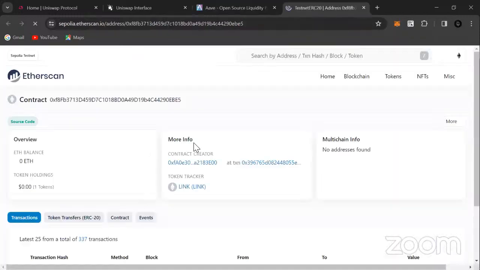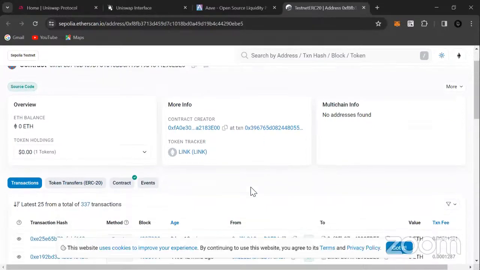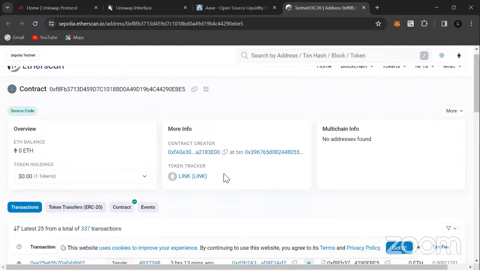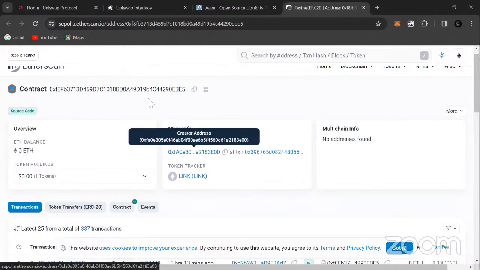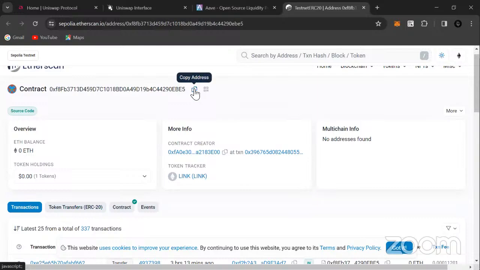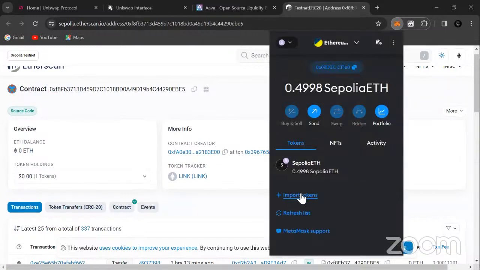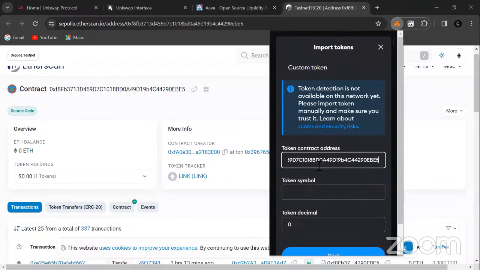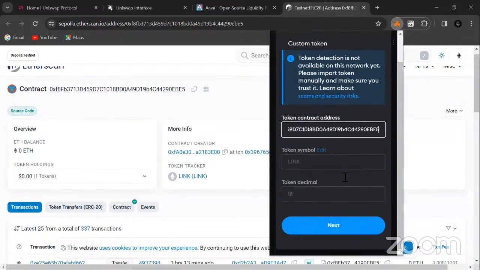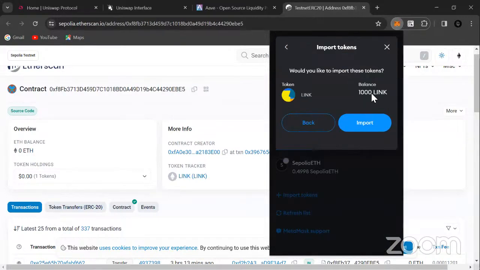I'm going to open the Explorer, of course. So this is the address here. Copy that, go back to our MetaMask, and we import the token by just pasting that address. Of course, every other field fills up automatically because the address is valid. If you paste an invalid address, you probably get one or two errors. So we add that, and of course, you can see my balance already here.